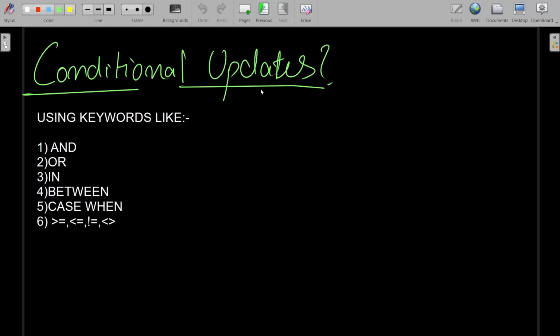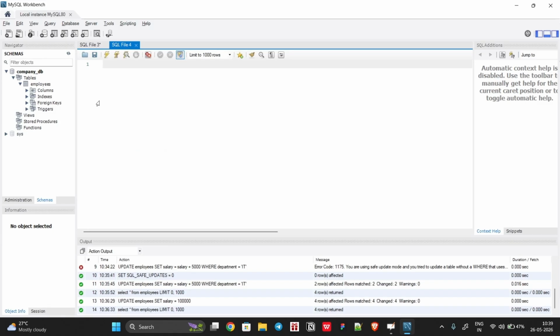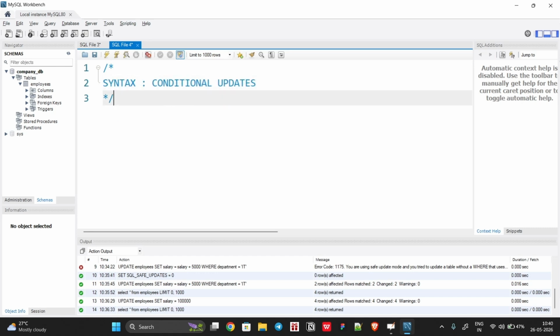Okay. And since we know about all of these things, we'll directly go into our query part here and open a new one, conditional updates. There is no syntax as such, but I will just write it this way. Suppose I want to update using AND. Okay. I want to update employees,